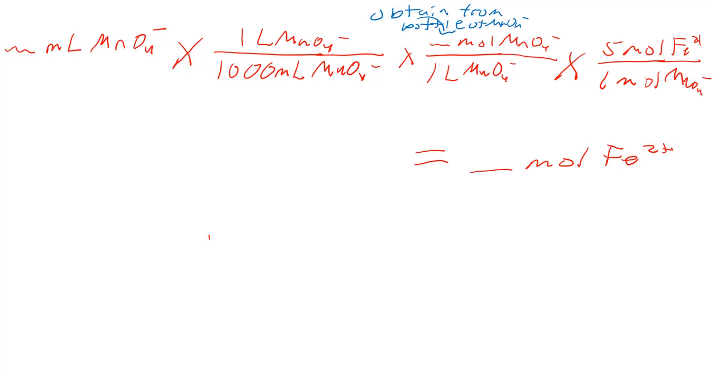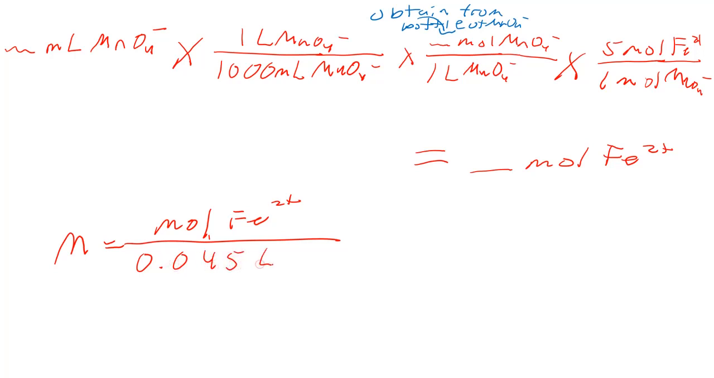And then to calculate your molarity, remember that you started with 5 milliliters, but you diluted that to 40, so you have a total volume of 45 milliliters. So to get your molarity, you're going to take the moles of iron divided by 45 milliliters of solution, which is 0.045 liters, and that's going to give you your concentration of Fe2+